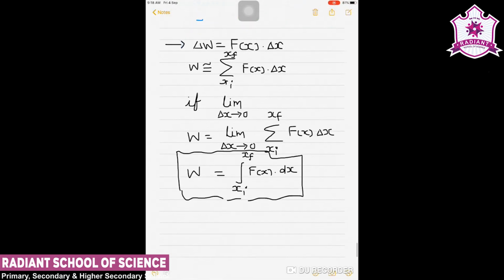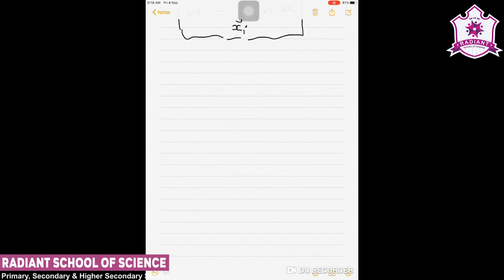An example that belongs to this type of work done is our textbook example number 6.5. They have given the same thing. A woman pushes a trunk on a railway platform which has a rough surface. She applies a force of 100 Newton over a distance of 10 meter. Thereafter she gets progressively tired and her applied force reduces linearly with distance to 50 Newton. The total distance through which the trunk has been moved is 20 meter.